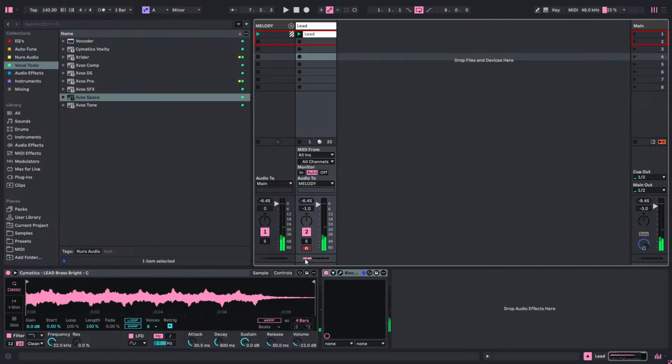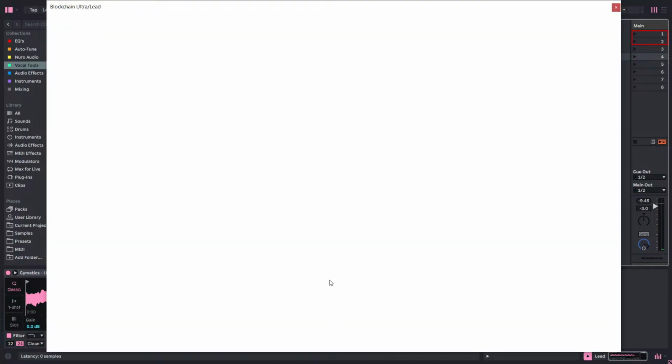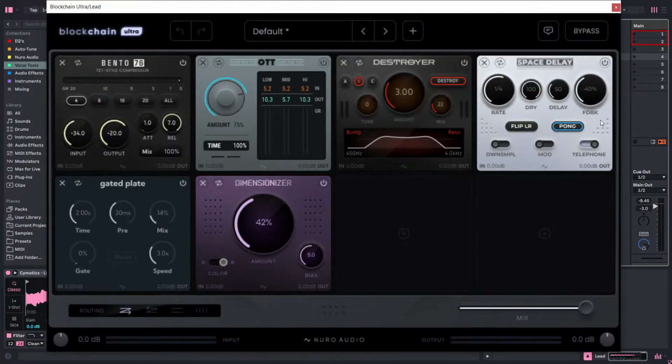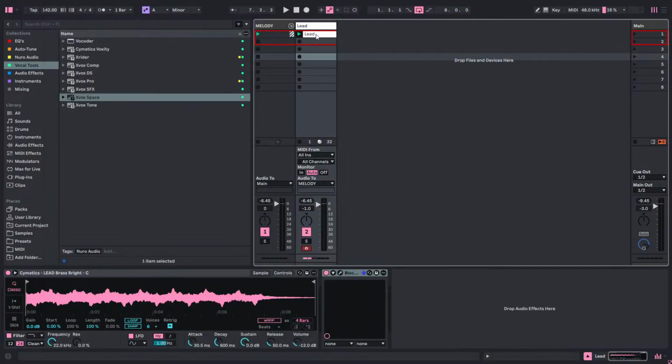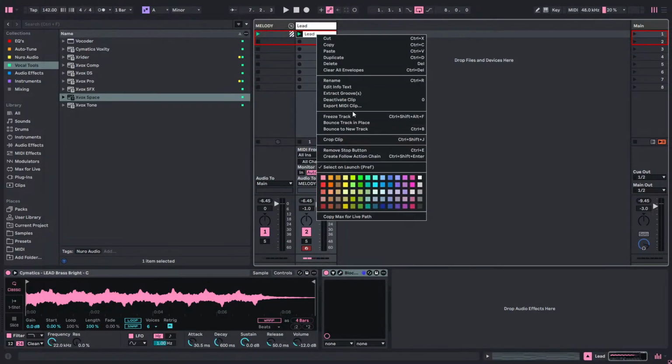See, now it's become a little bit more CPU intensive now that I start loading things. I think it's just because I run this on a crap computer, but if you run this on a much better computer, it'll be even a little lighter. A CPU saving technique is you can do one of two ways. You can just freeze your track and let that be frozen until you're ready to make edits to it, because once you freeze it, you can't make edits to it. Or you could